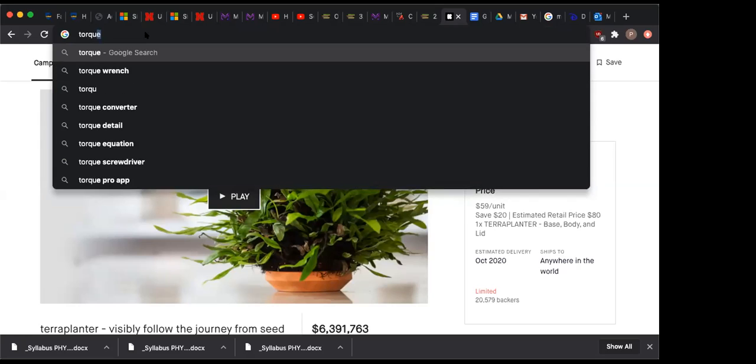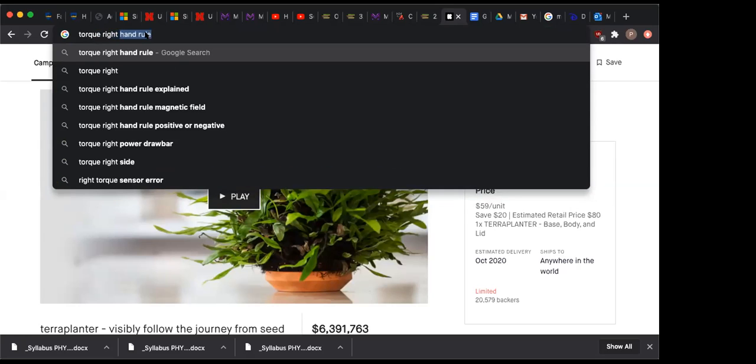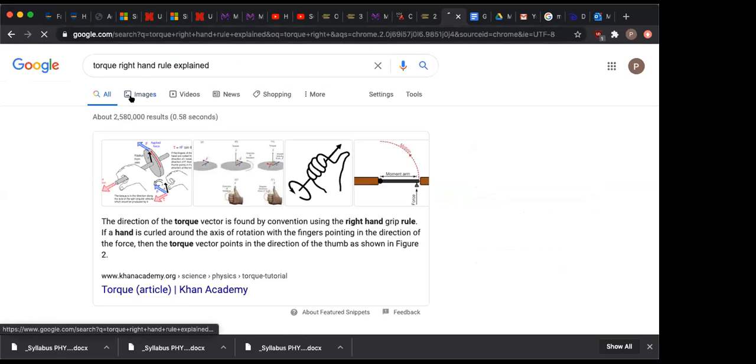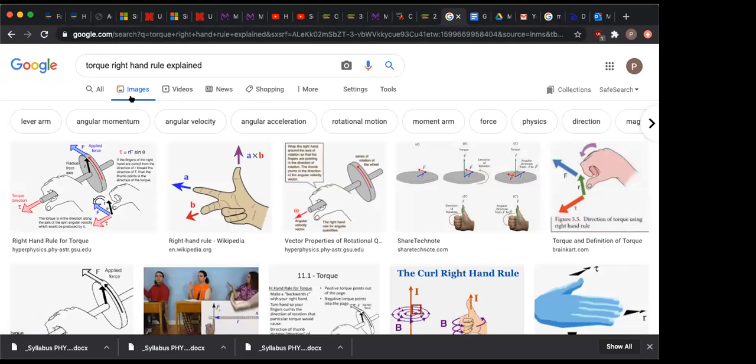Torque, right-hand rule. Torque, right-hand rule. Okay. So here is